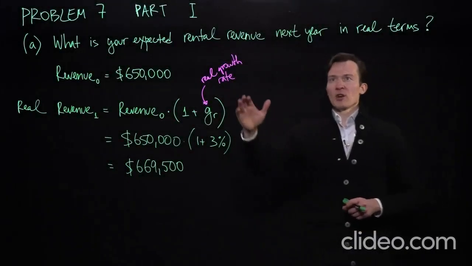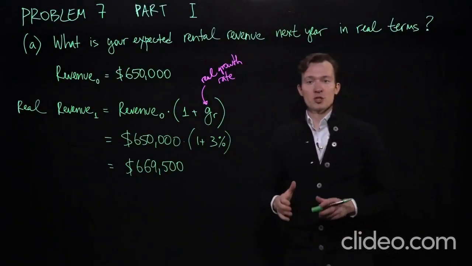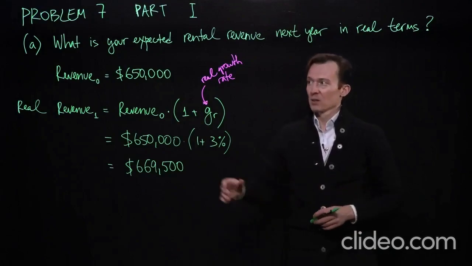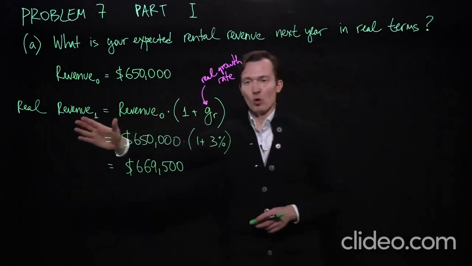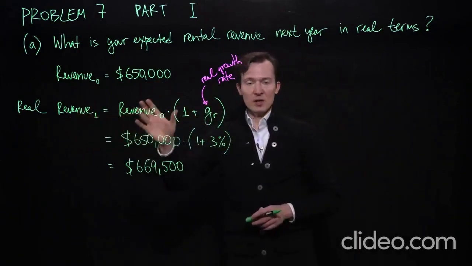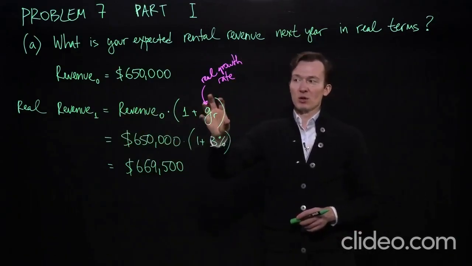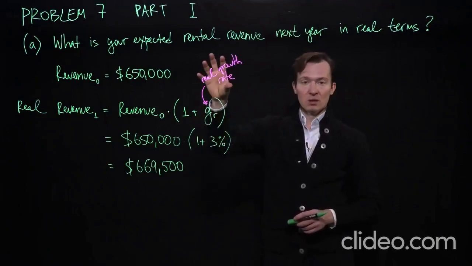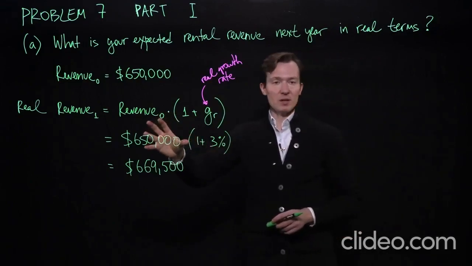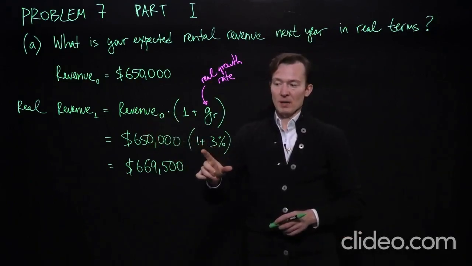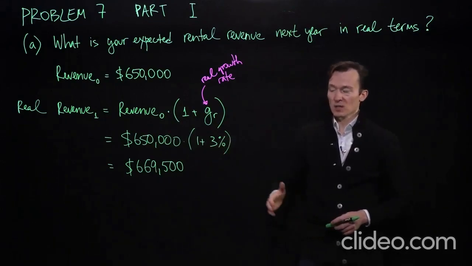What is your expected rental revenue next year in real terms? Well, the current revenue they just recorded for this year that just passed is $650,000. Next year, your real revenue, or revenue in real terms, is the current revenue multiplied by 1 plus the growth rate. Notice that this growth rate is actually the real growth rate. And so in our case, it's $650,000, the current revenue, multiplied by 1 plus 3%, which is our real growth rate, which gives us